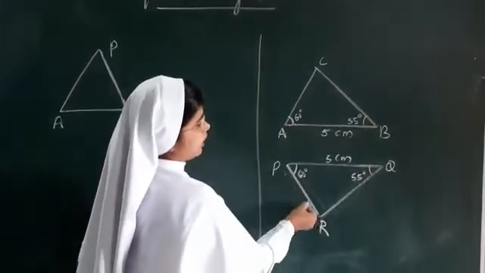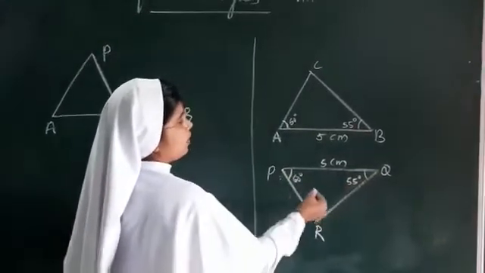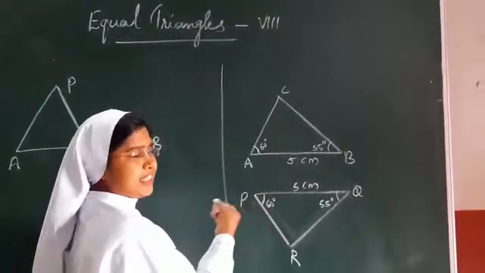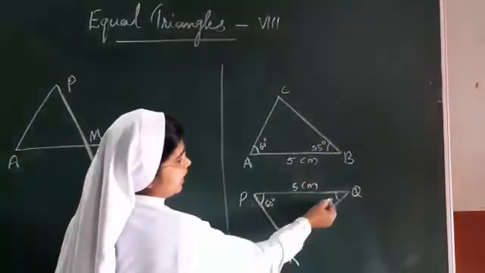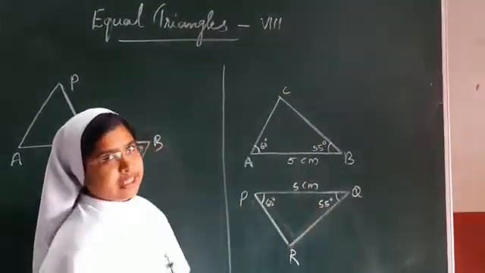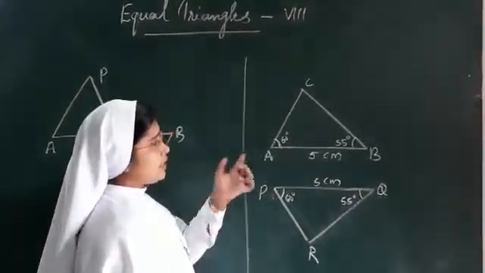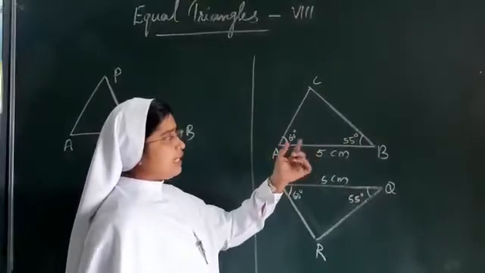In another triangle PQR, PQ is equal to 5 centimeter, angle P is equal to 60 degree and angle Q is equal to 55 degree. So using this we learned a principle in the last class,